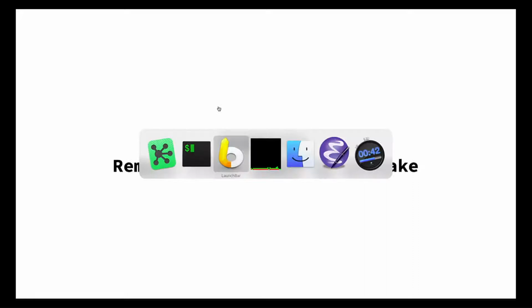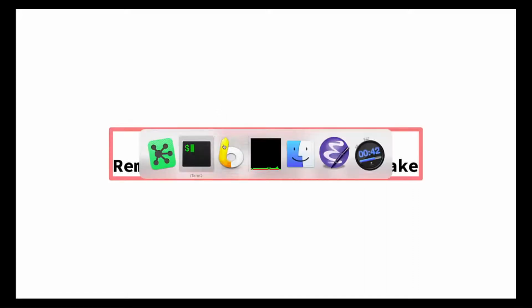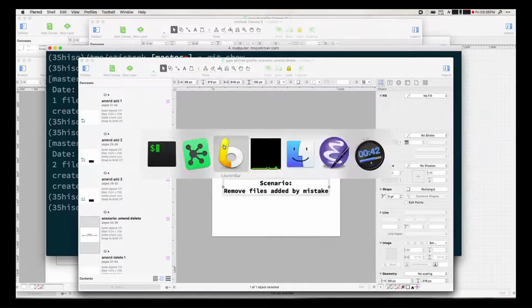Another very common thing is you add too many files. And the sooner you realize that, the better, because if you do it at the beginning of a project and then you realize it later, things are a little more hairy, which we'll actually get to. But if you're lucky and discover it right away, for instance,